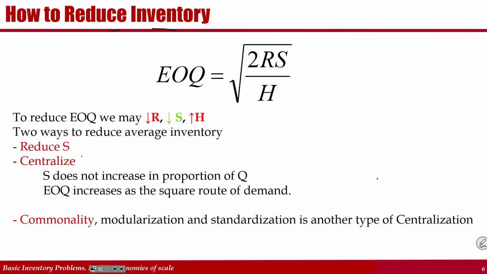We also can decrease inventory by commonality. For example, if a piece is used in hip surgery and a piece is used in knee surgery, if we use the same piece, then safety inventory goes lower and also average inventory, cycle inventory goes down. Modularization and standardization are other approaches to reduce inventory. And obviously postponement and delayed differentiation, which we have discussed earlier, are ways to reduce inventory.